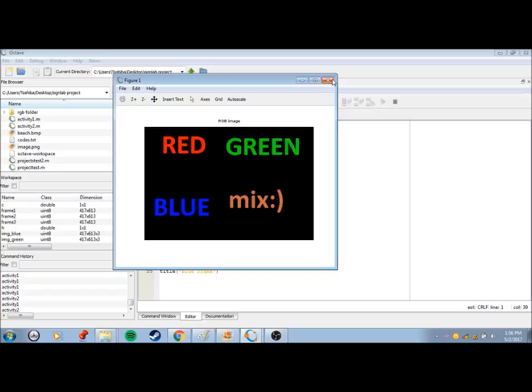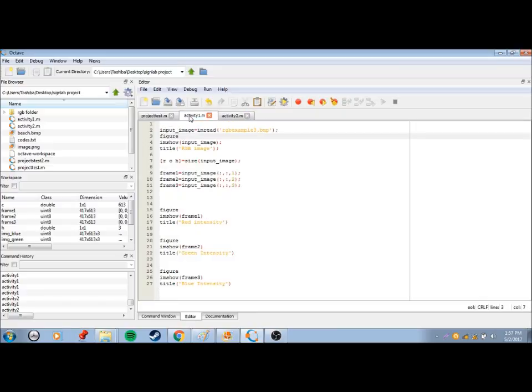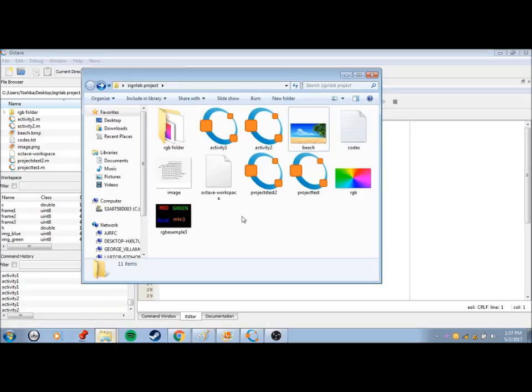Why don't we test it on some other images? We have some other images from activity 1 and 2. For example, you want this? Import. Now we go to data, RGB.